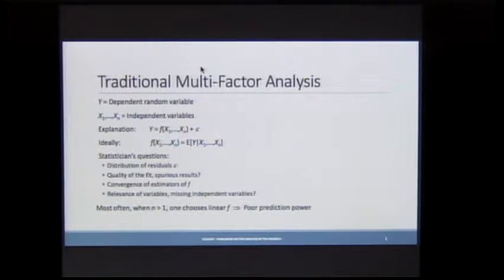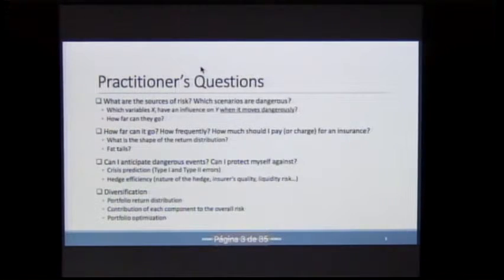The relevance of variables, whether we could reduce or augment the set of independent variables. These are the questions always asked in academic papers, and you see zillions of papers telling you, I'm analyzing that, here's the relevance of this, I'm using a dummy variable, and blah, blah, blah. Let's switch to the real problems,